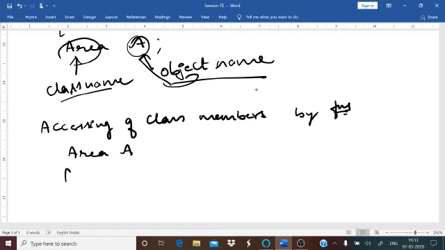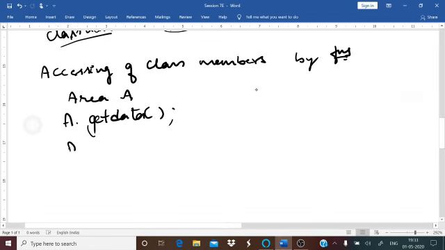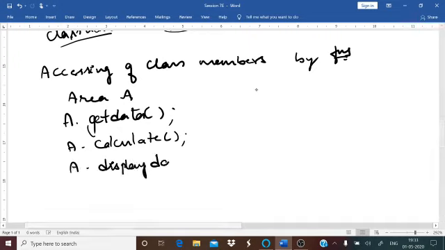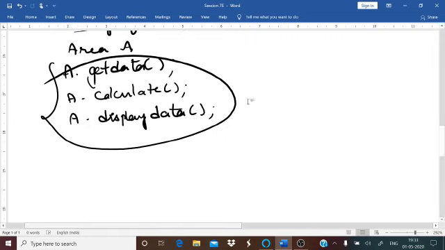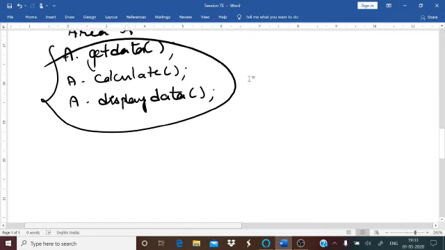Later, if you remember, you used A dot get data, and then A dot calculate, A dot display data, right? All these are your accessing of class members by functions, done with the help of the object name.